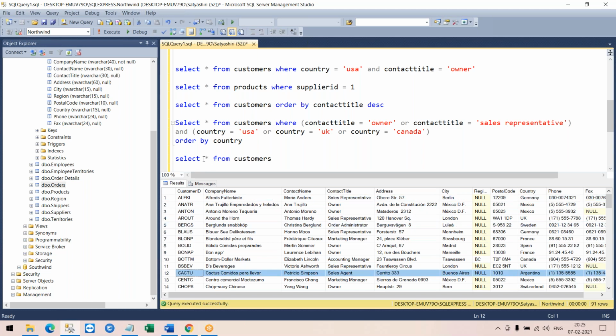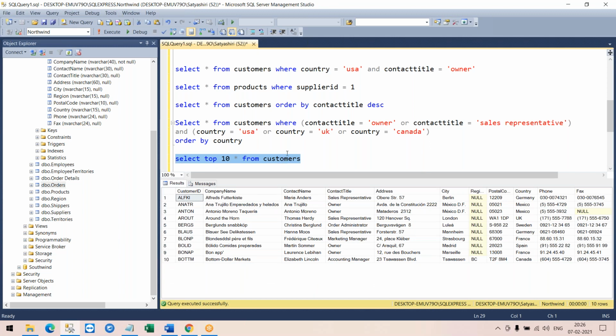Usually at runtime, we will not just run a simple query like this. Usually we give a condition like, okay, I would like country, guys, as India. I would like from USA, or I have only the city of Seattle or London or so. Or just simply use the top command, top 10 customers. Top 10 asterisk will retrieve the top 10 customers in your customers table.